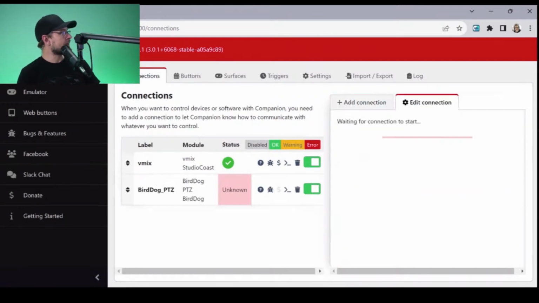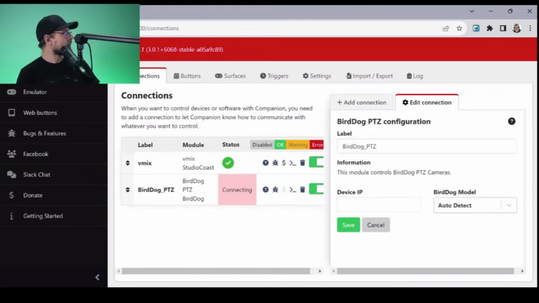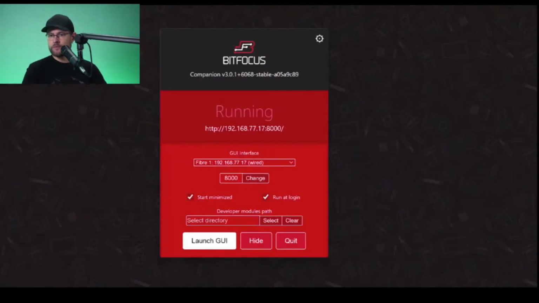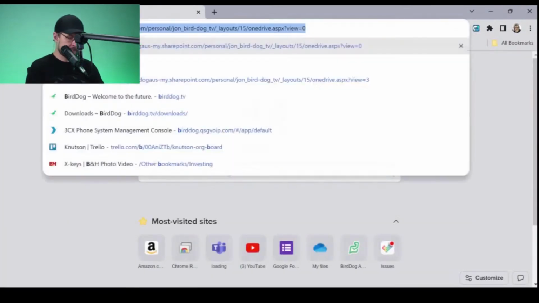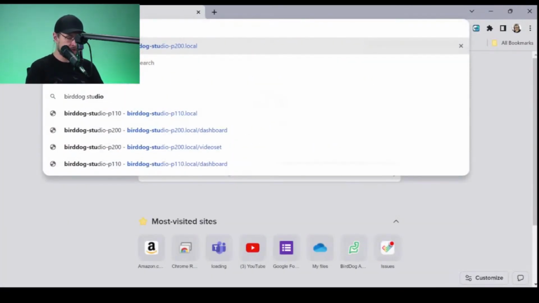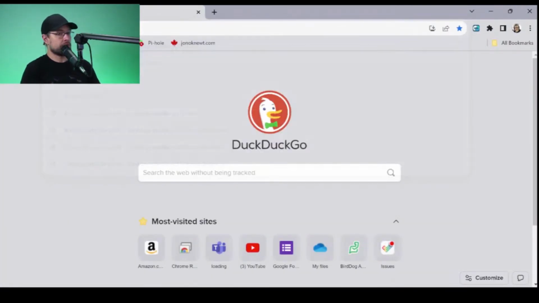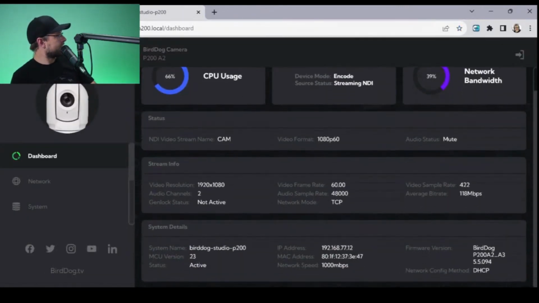So BirdDog PTZ, we're going to add this. This one, it doesn't obviously exactly know which is which. So if I open just a second page here and say BirdDog Studio P200.local, the dashboard is going to tell me that the IP address is 77.12.